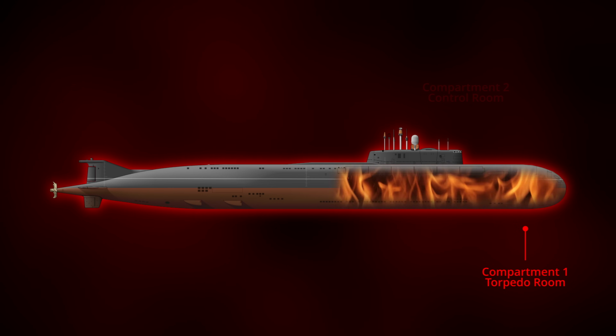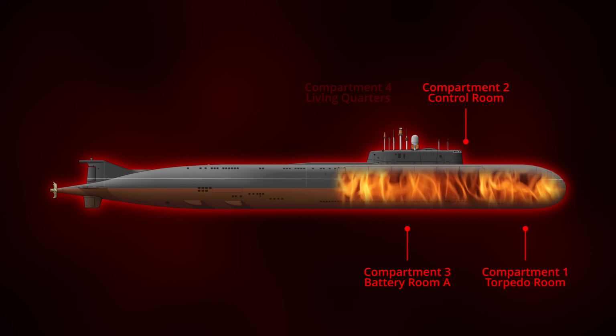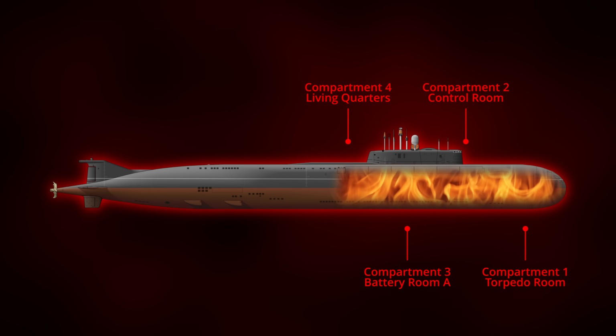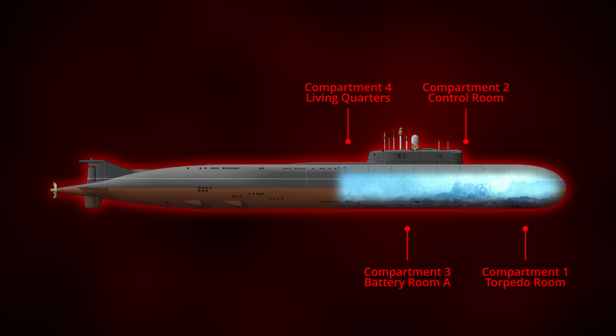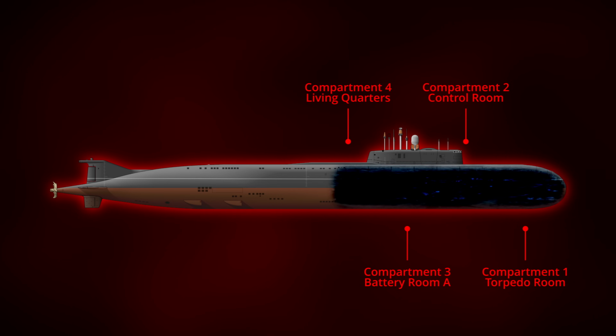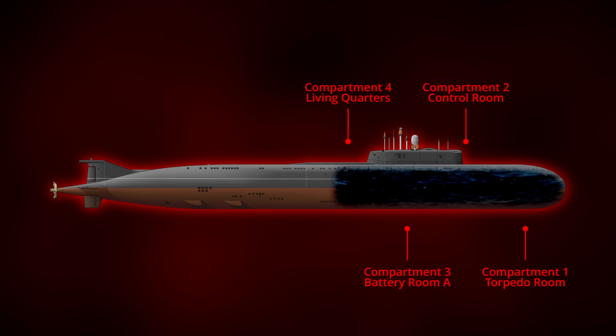This second explosion was so large that it blew a 22 square foot hole in the submarine's hull. This left the first 4 compartments open to the ocean. 90,000 liters of water per second poured in, and if anyone was left in these areas after the explosion, which is very unlikely, they would have been crushed as the 4 compartments collapsed under the immense pressure of the sea